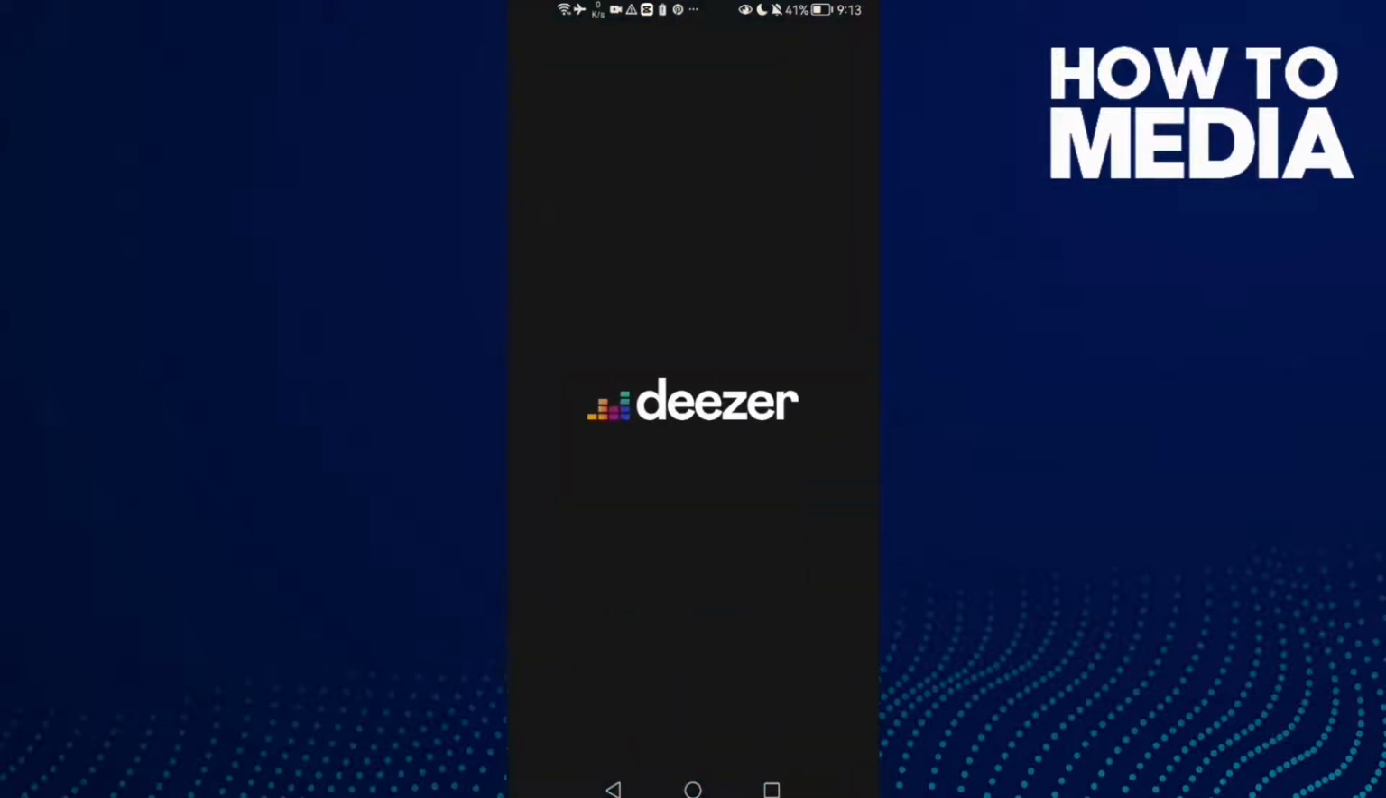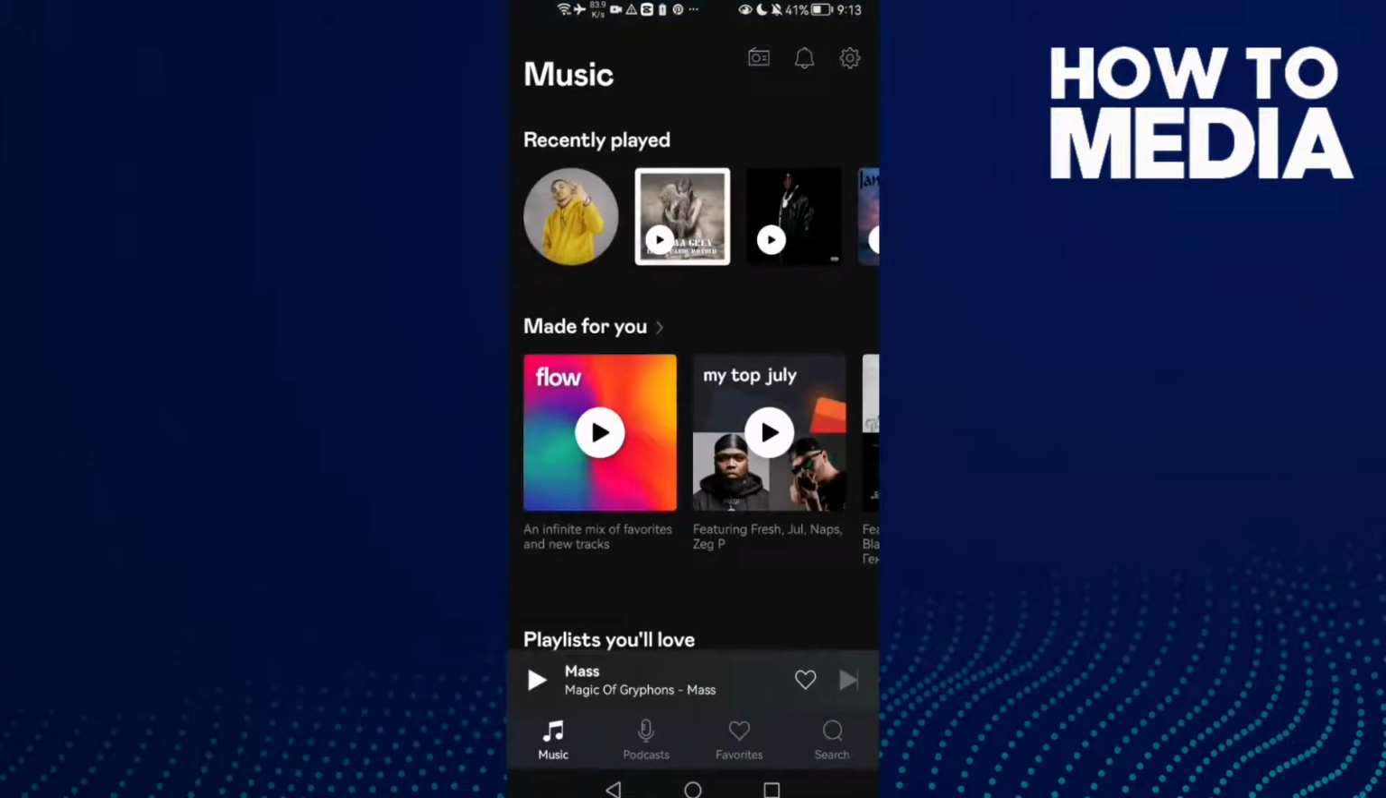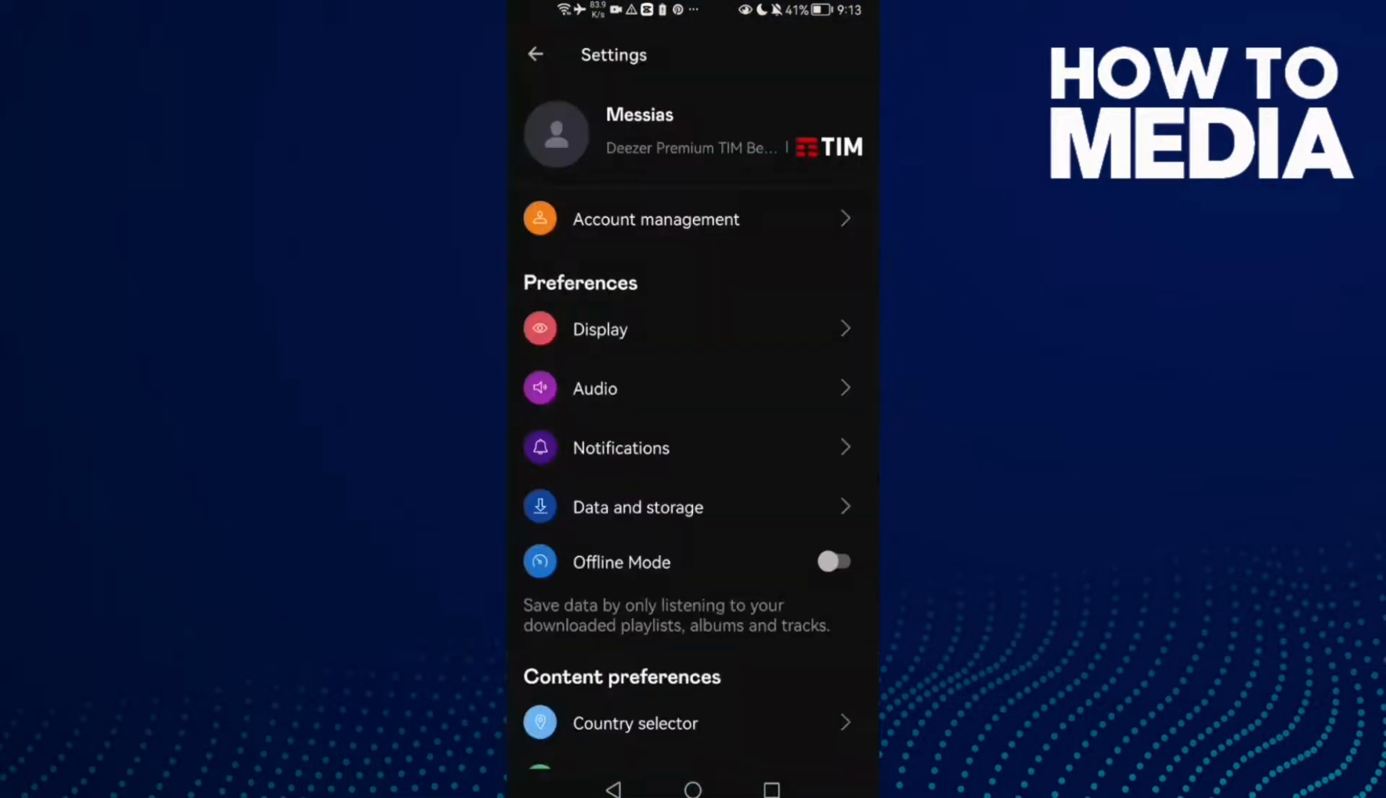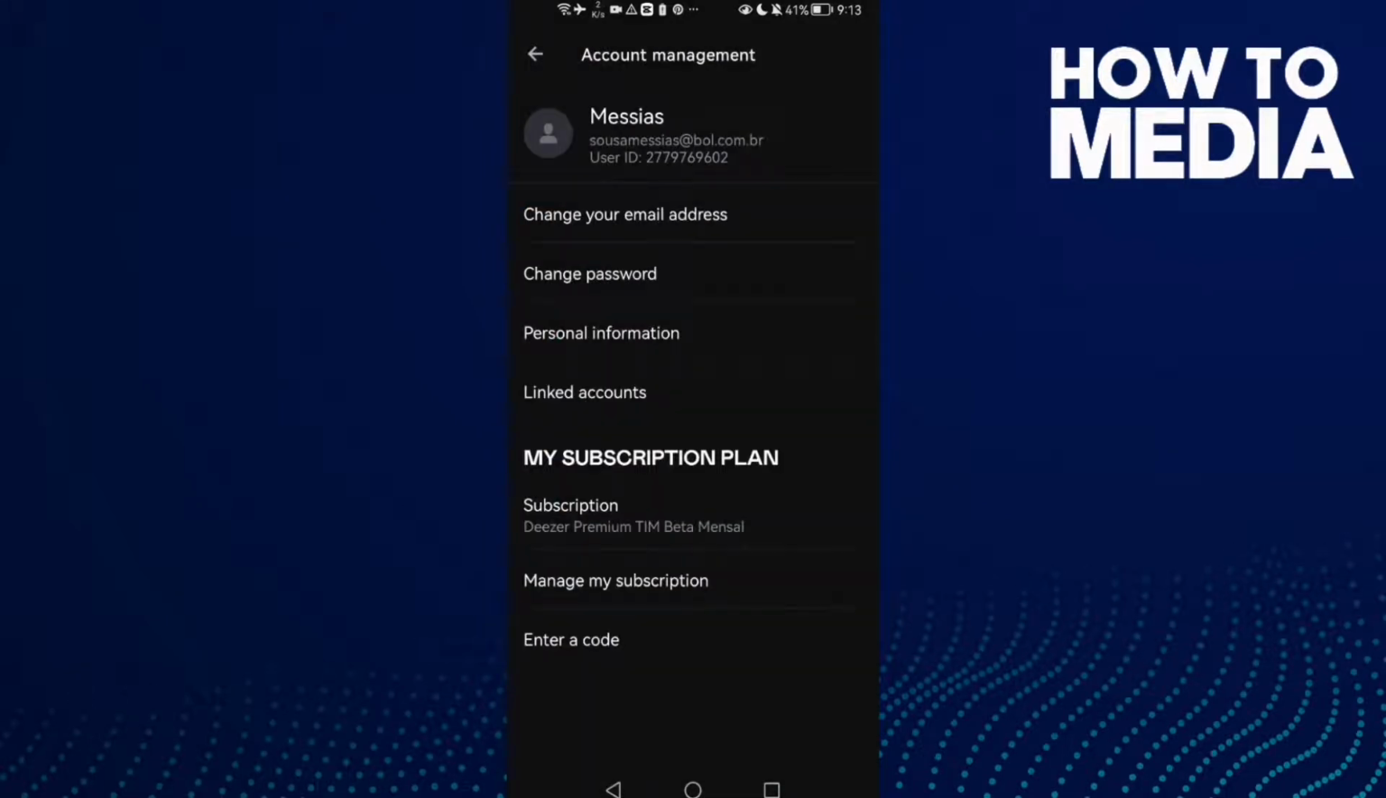First, open Deezer, and here you will find settings in the top corner. Click on it and then just click account management, and here you will find manage my subscription, and if you want to manage it just click here,